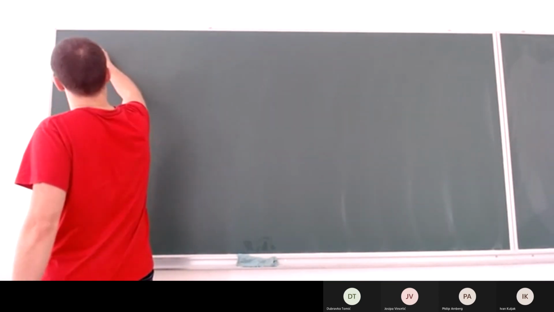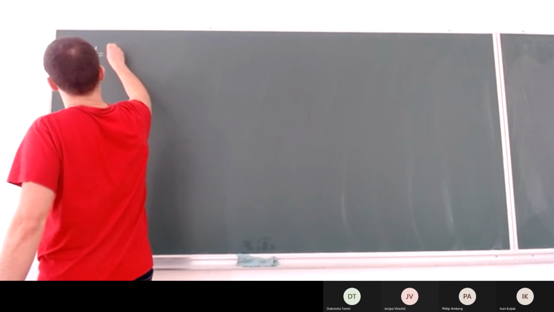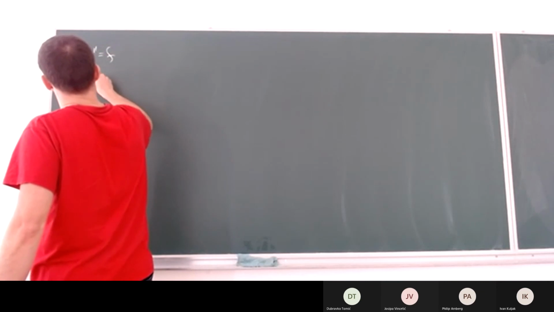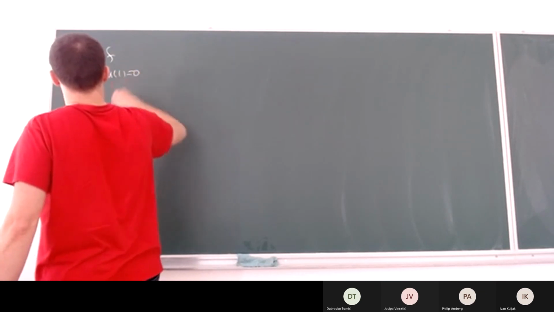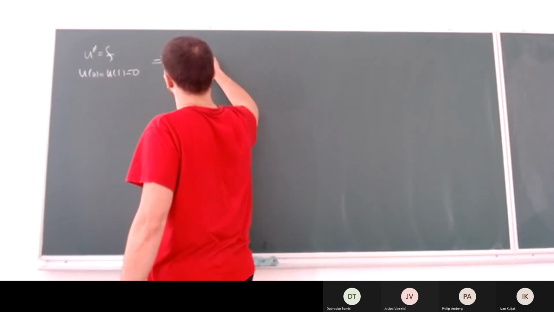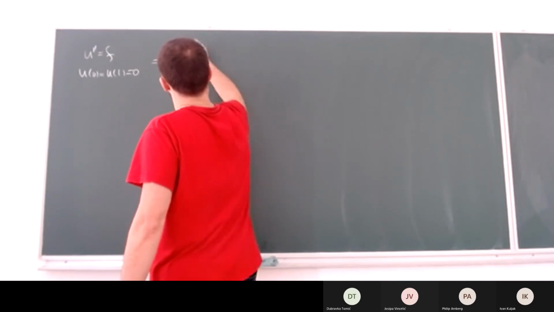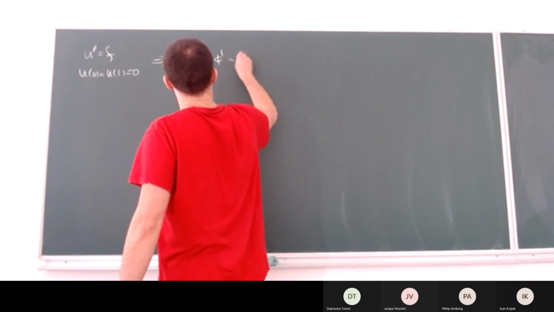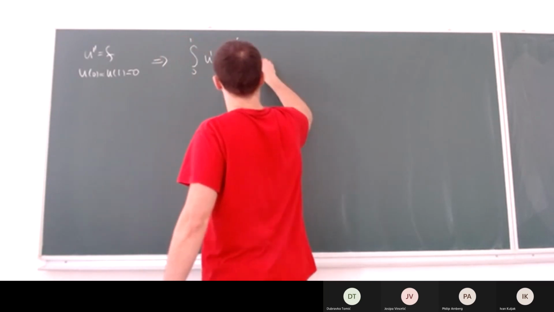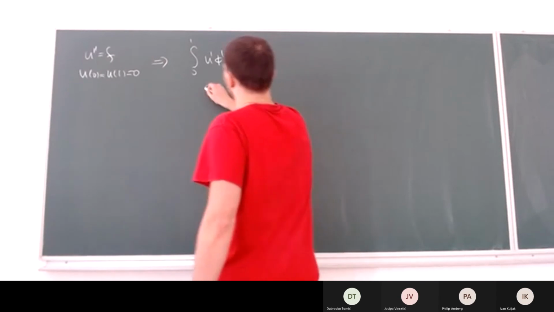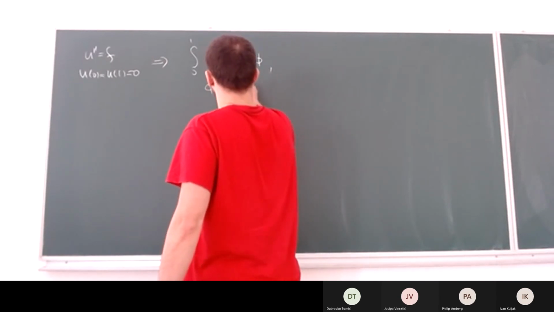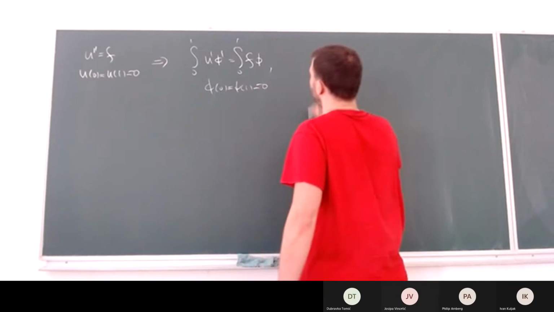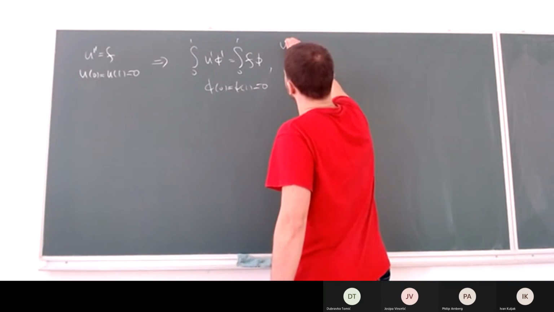Okay, just to remind you, we started with u prime is equal to f, u of 0 is u of 1 is 0. Then we constructed a weak formulation: integral from 0 to 1 of u prime phi prime is equal to the integral from 0 to 1 of f phi, such that phi of 0 is phi of 1 is 0. And then we plugged in,